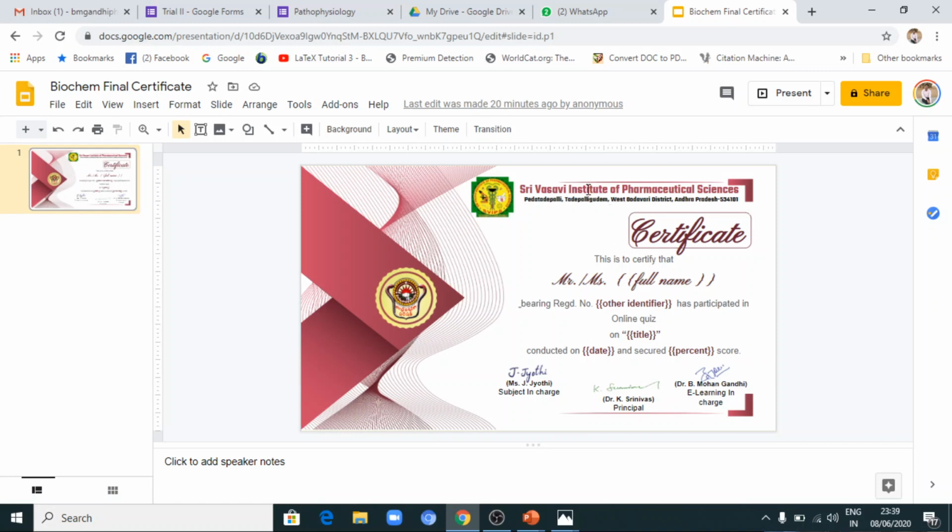Sometimes it may come out of the window, or the signature may not fit exactly above your name, or the font sizes may not fit well. So you need to check this before uploading it to your Certify app.